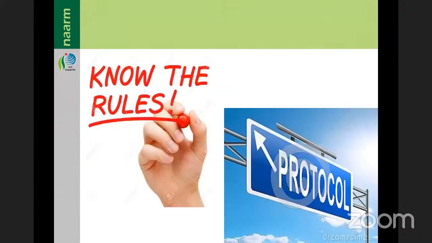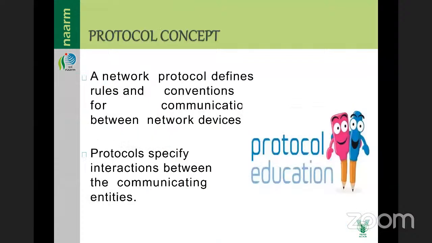So we are using different types of protocols. Ring topology and bus topology are very good compared to the others, but whatever we are using, it is star topology only. Other topologies we are not using, but they have different merits and demerits and are used in different places. We use different types of protocols for connecting the systems. What are protocols? A network protocol is a set of rules and conventions. We keep some rules for how to pass signals and communicate between network devices.